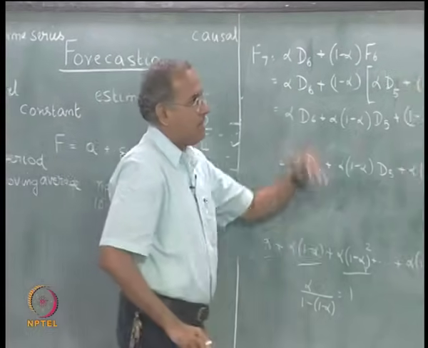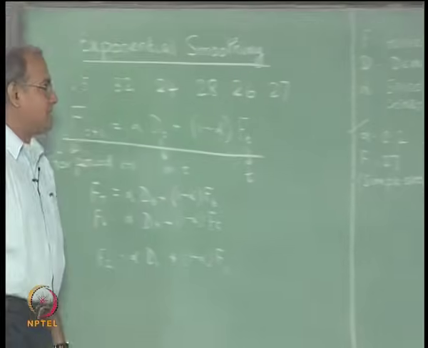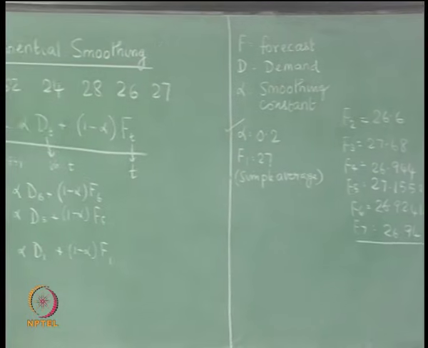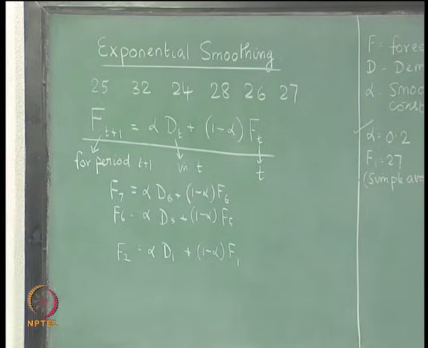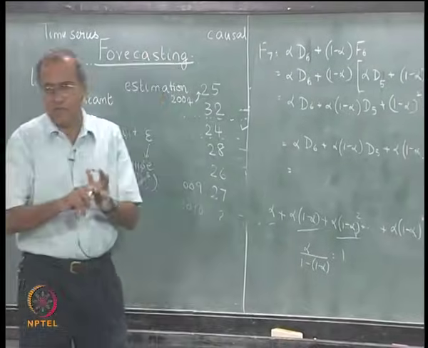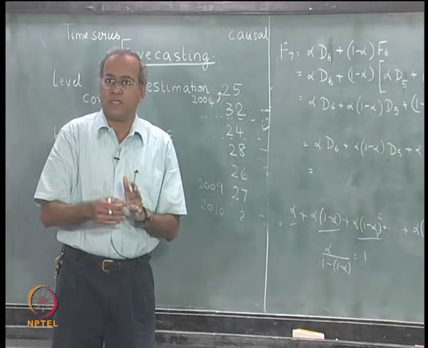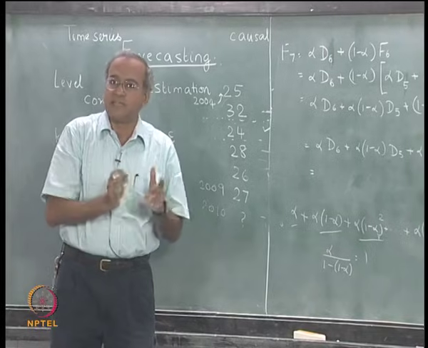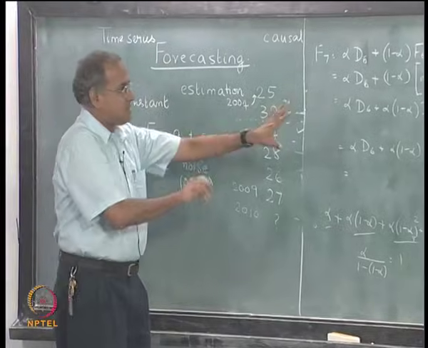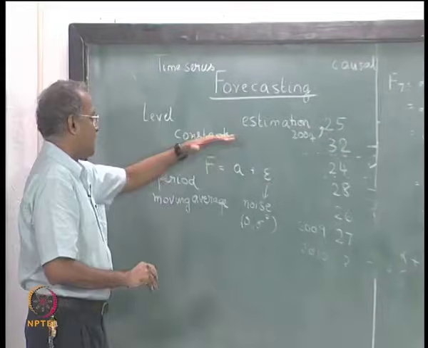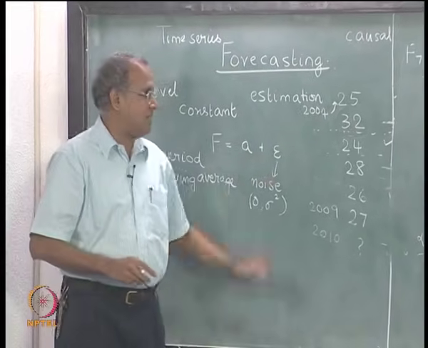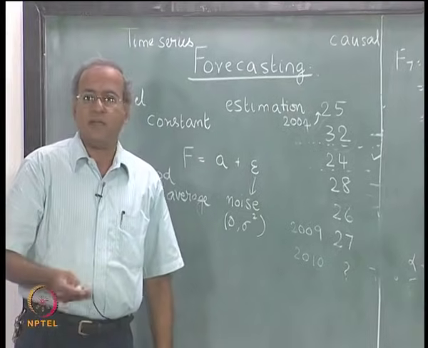So, this is how the exponential smoothing model works and is dependent on alpha and F1. Exponential smoothing provides us with a very good model to forecast the level, where we are able to use all the data, giving progressively decreasing weights to the data as we move past, or progressively increasing weights to more recent data. So, with this we have seen a little bit of forecasting for level or constant data in time series. How to do forecasting when the data exhibits trend, we will see in the next lecture.